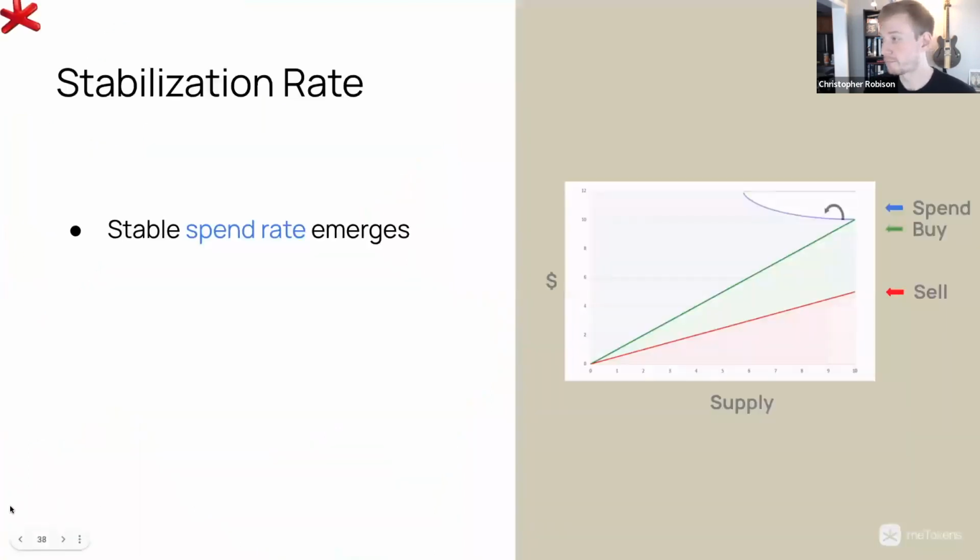But to jump into the parameters here, what you'll notice is during that redistribution of the stability fee to existing stakeholders, you'll notice a clear trend line begins to emerge, and this is really the spend rate. It's this predictable rate, similar to how you have a predictable rate of being able to mint new tokens, buy them, and a predictable rate of how you can sell your tokens in the market. There is also a predictable rate at which you can always spend your tokens in the event that there is